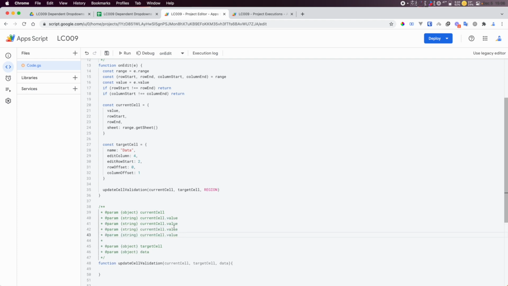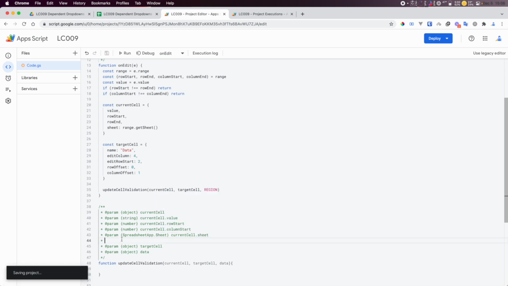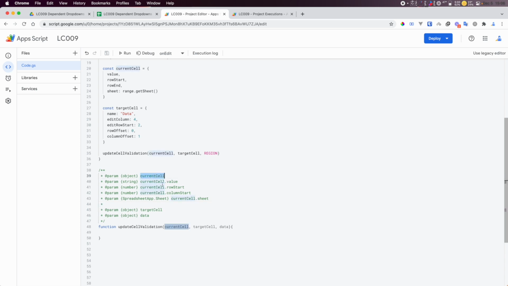We have row star, column star, which is a number, and we have an important value here, which is a spreadsheet sheet object. Okay, so this is for the current cell object, and for the target cell, we have some values here. So the first one is a name. The name is a string,